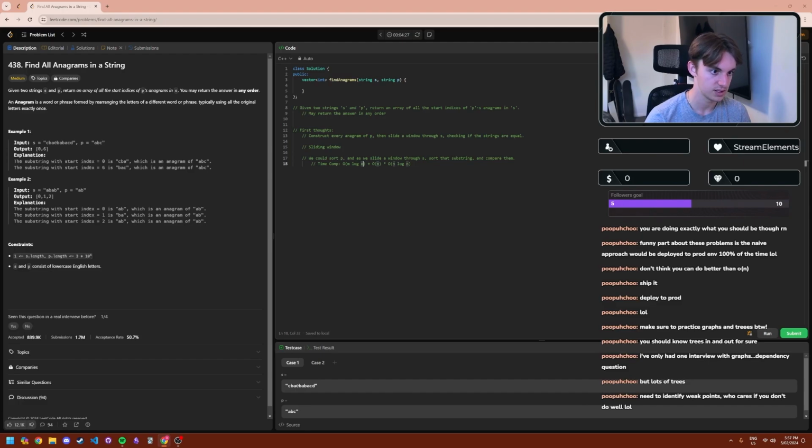If m is the length of P, so this changes. I'll explain what n and m are in a second, but this would equal